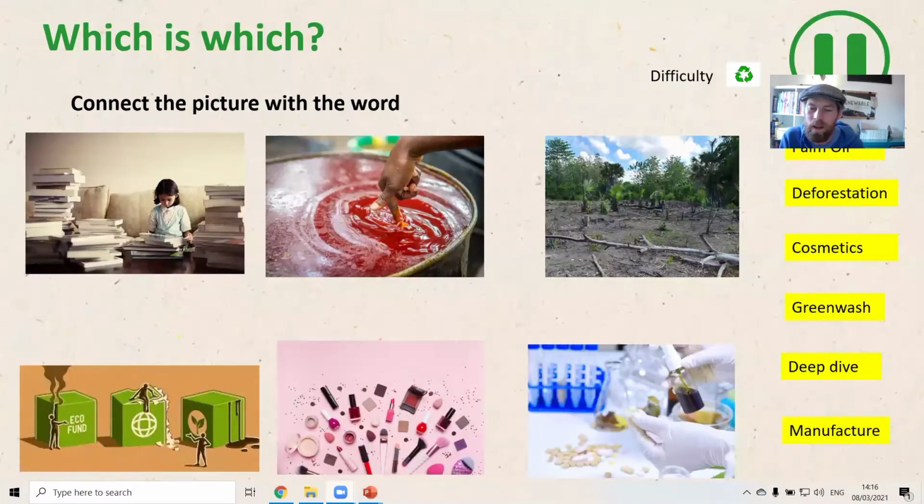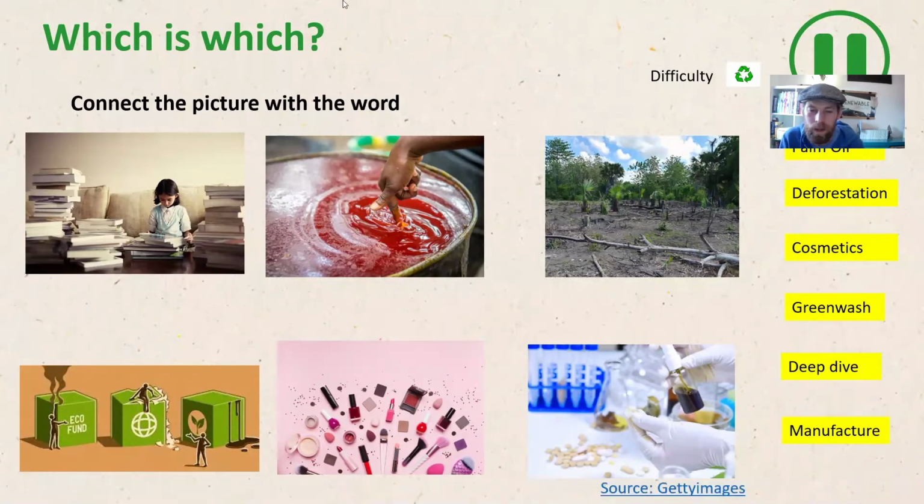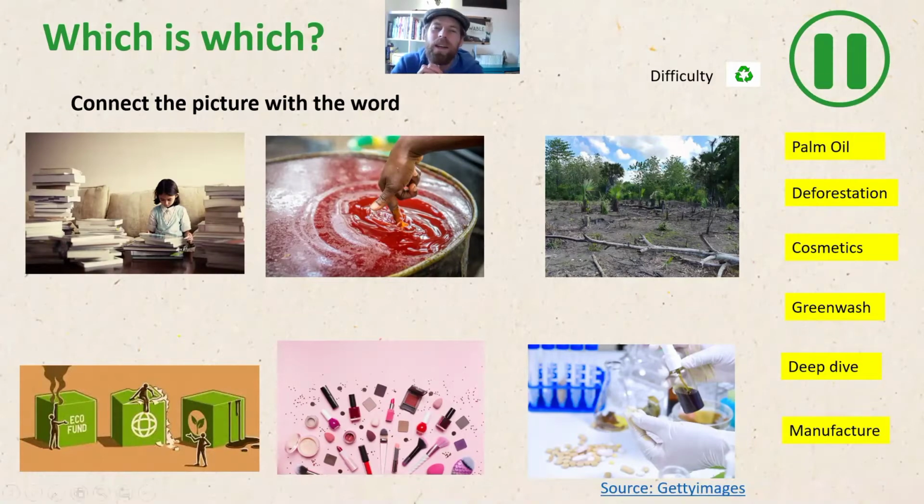Now we've got our objectives sorted. Let's take a look at some of the vocabulary we're going to be using today. Have a look at the pictures and connect them to the words. Which words go with which pictures? It's on your worksheet, and if you need a moment, just press pause. So let's check it out. The first one